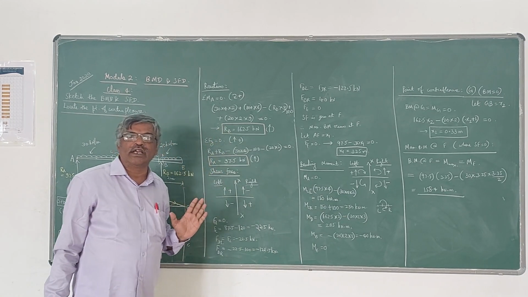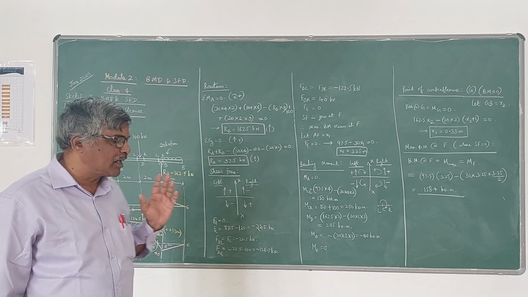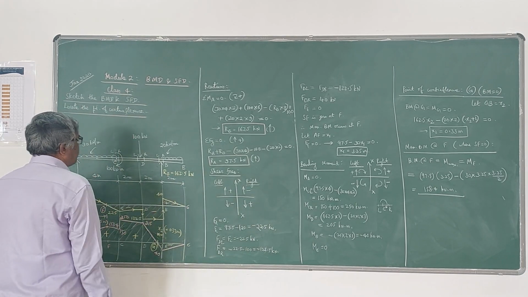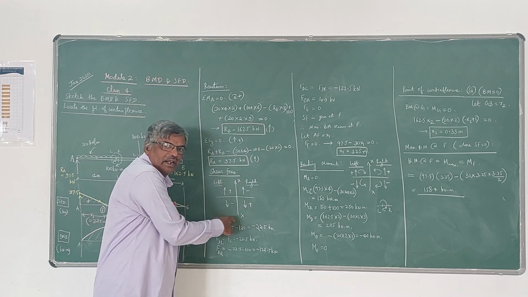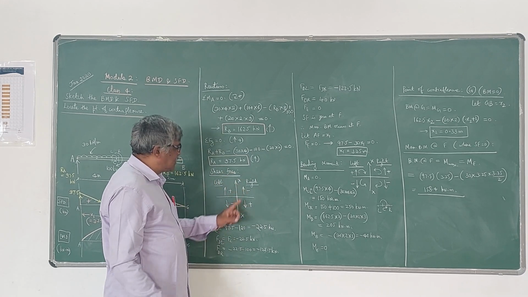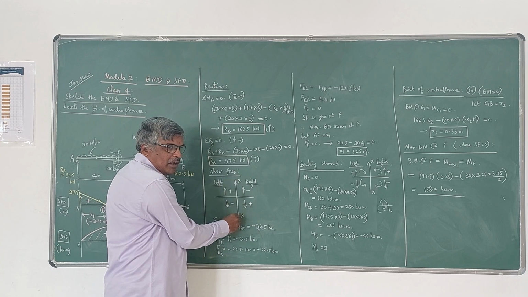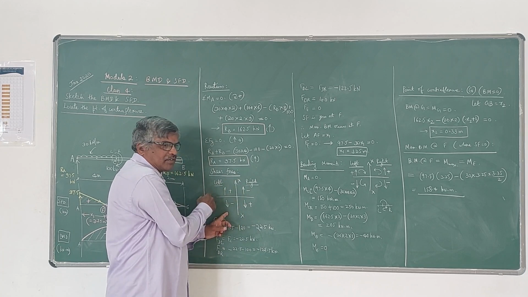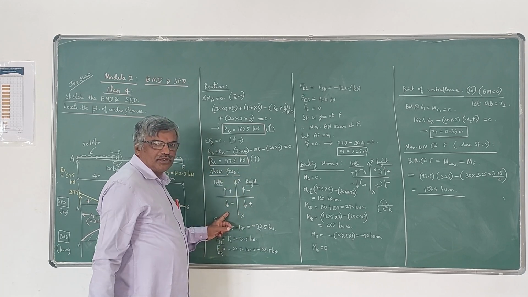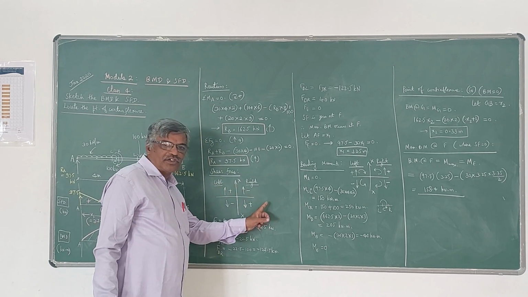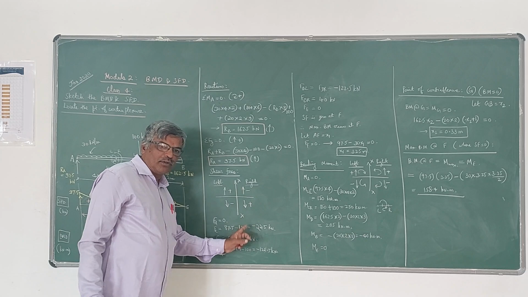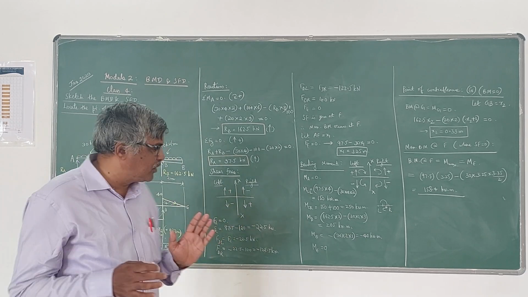Next we will find out the shear forces, so shear forces at important points of the beam. For finding the shear force, the sign convention is this. I have explained it in the earlier lecture. If you take any section or any point of the beam, if you see to the left side of the section, upward forces give positive shear force, downward forces give negative shear force. If you consider the right side of the section, upward is negative, downward is positive. So this is the sign convention we are going to follow.